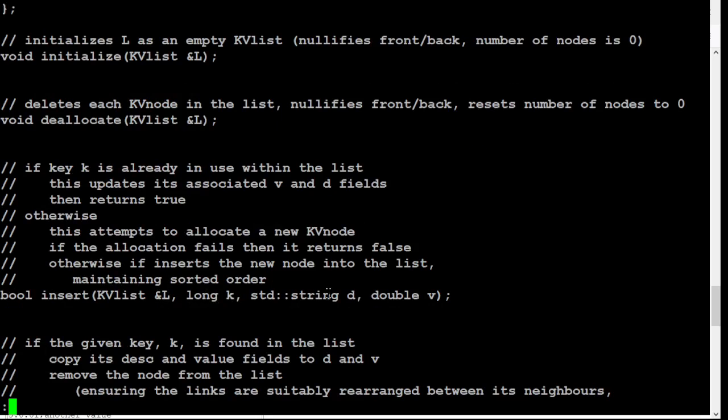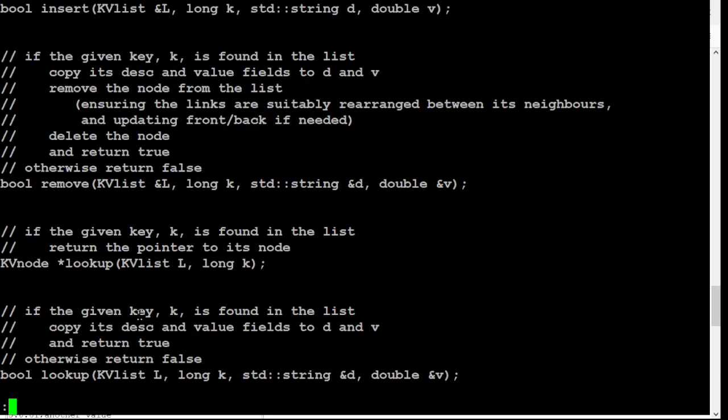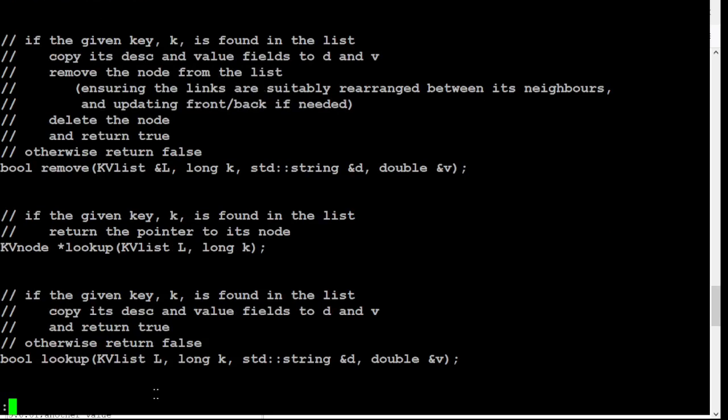The key, the description, and the value that I want to insert. And so this would be going through and calling create and inserting that newly created node into this list somewhere. Right? So again, functions for insert, for remove, 2 versions of lookup,